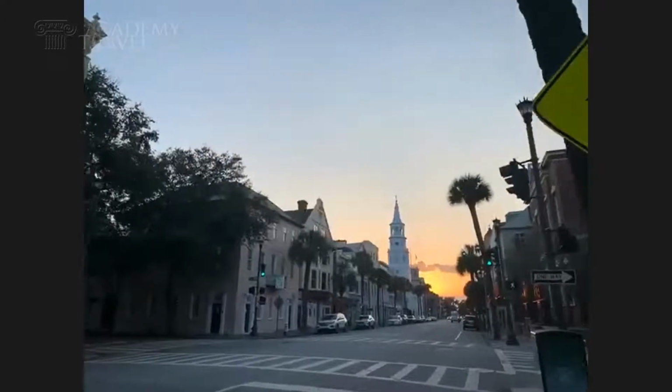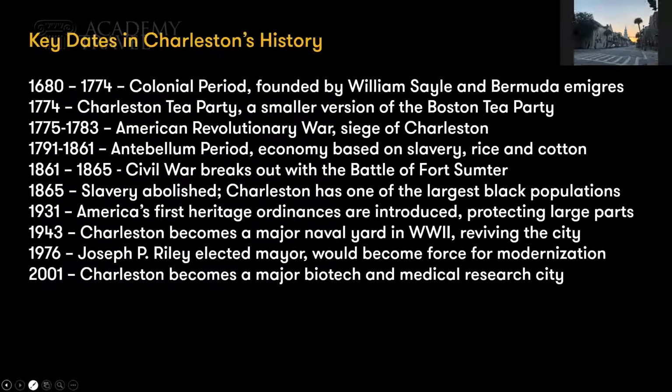Okay, great, thanks. Just while you're walking down the street, I'll share a couple of key dates with everybody on the history of Charleston, to get a bit more orientation to fit in with what Matthew's been saying. So the city was originally founded in 1670, but it was then moved in 1680 to its current site. So everyone considers 1680 as being the founding date. And you've got very distinct periods in Charleston's history. You've got the colonial period from 1680 through to 1774, the Revolutionary War.